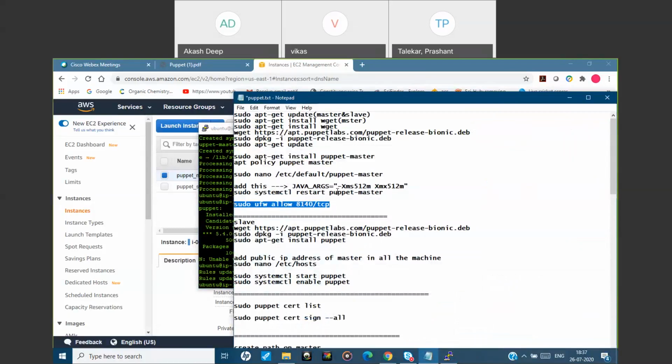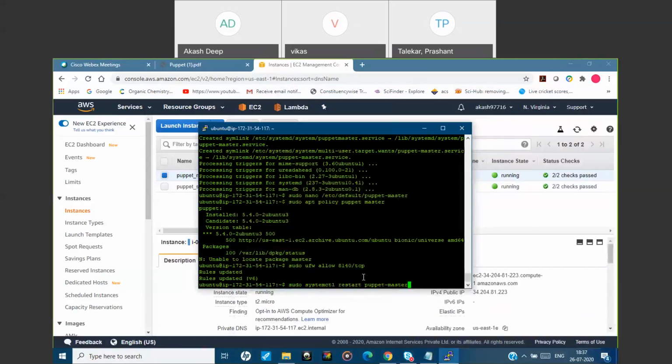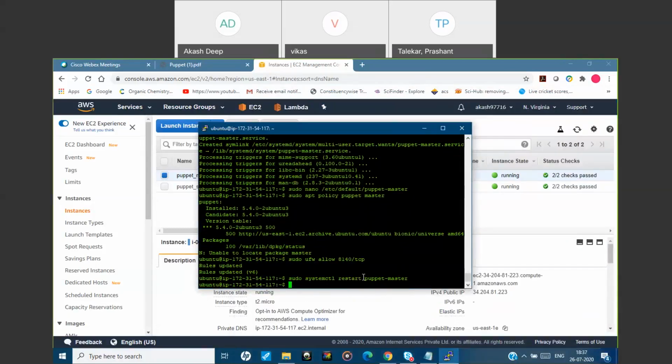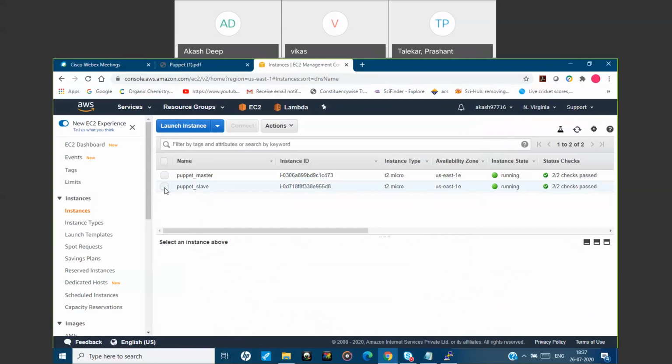So now we'll restart the Puppet Master. Yeah, so the Puppet Master has been configured now. Now we will be configuring the Puppet slave.